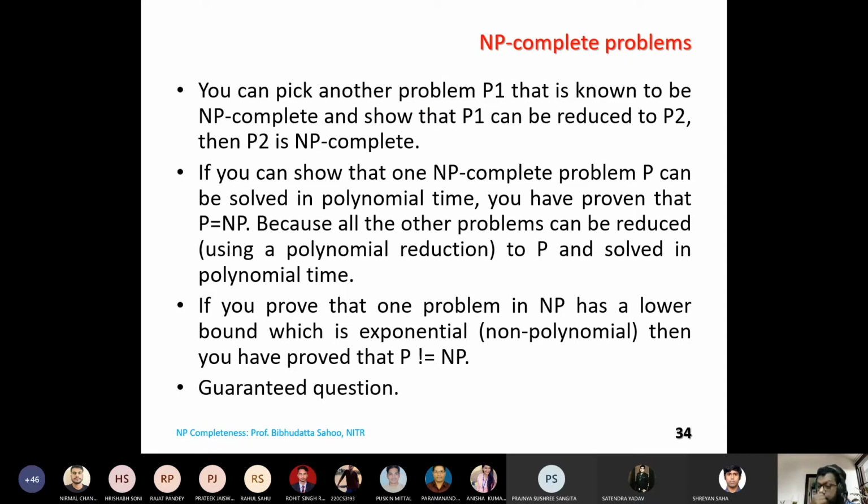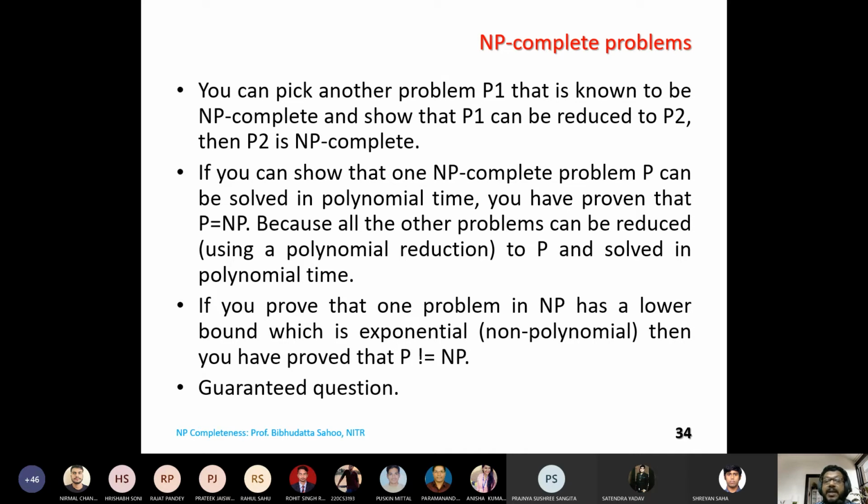Now, when we try to prove a problem to be NP complete, you see both belong to NP. P1 belongs to NP, P2 also belongs to NP. Then it discusses the mechanism through which a problem can be proved to be NP complete. Again, I repeat, P1 belongs to NP, P2 also belongs to NP. Suppose God has gifted us a problem like Cook's, which is proved to be NP complete. Now, what the researchers try to do is pick up all the problems belonging to NP and search for a proof method: can it be reduced?